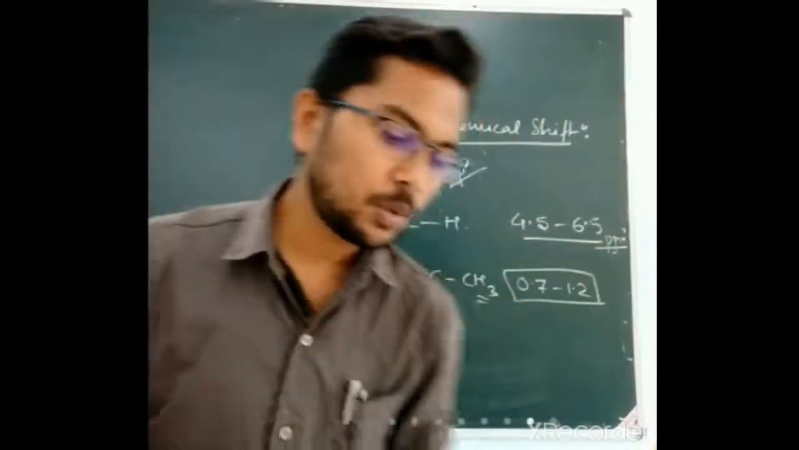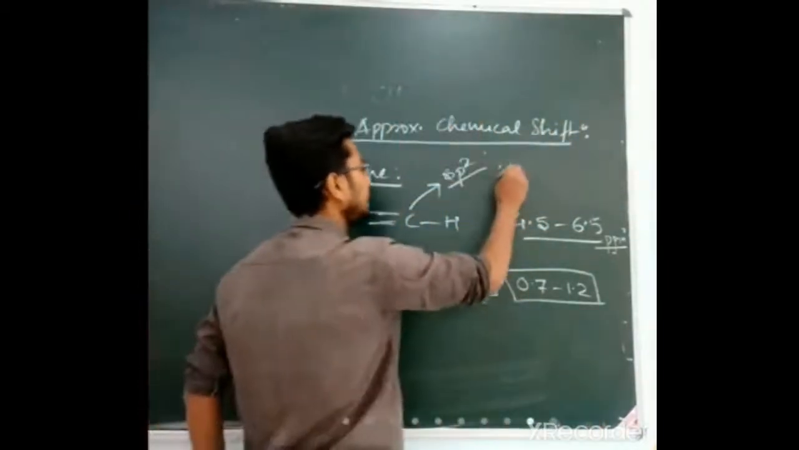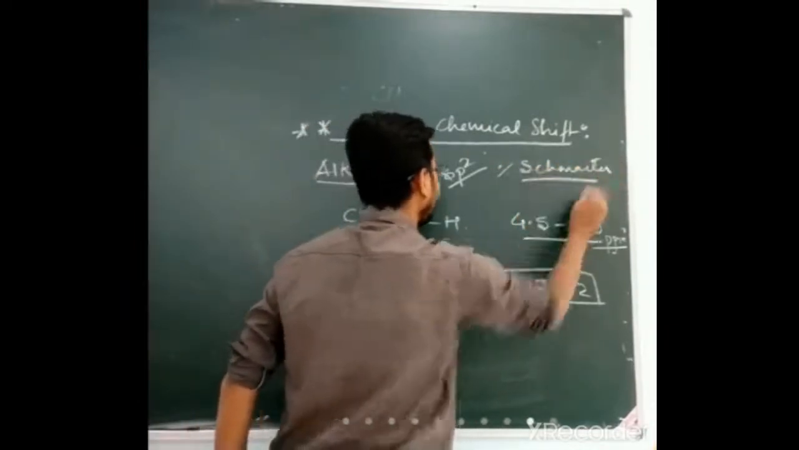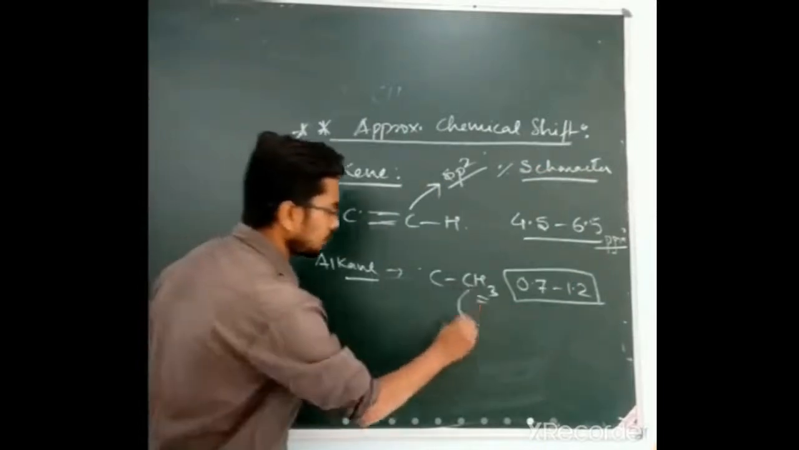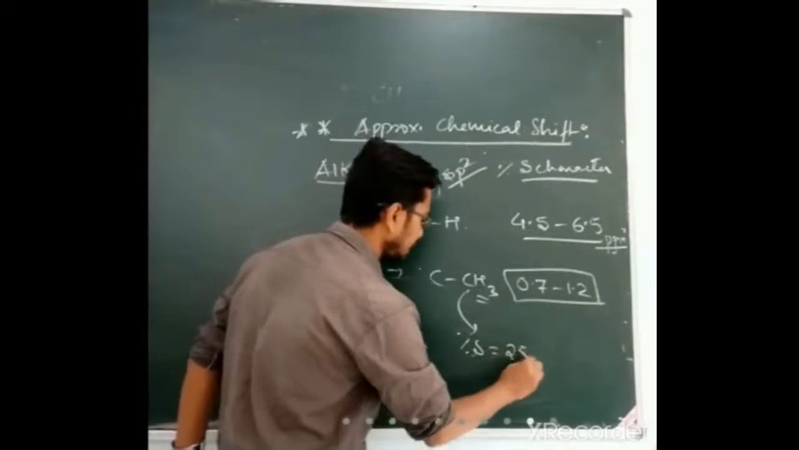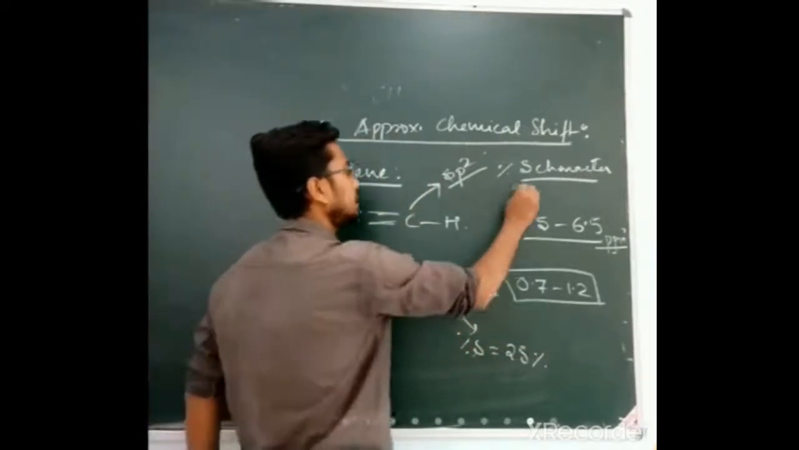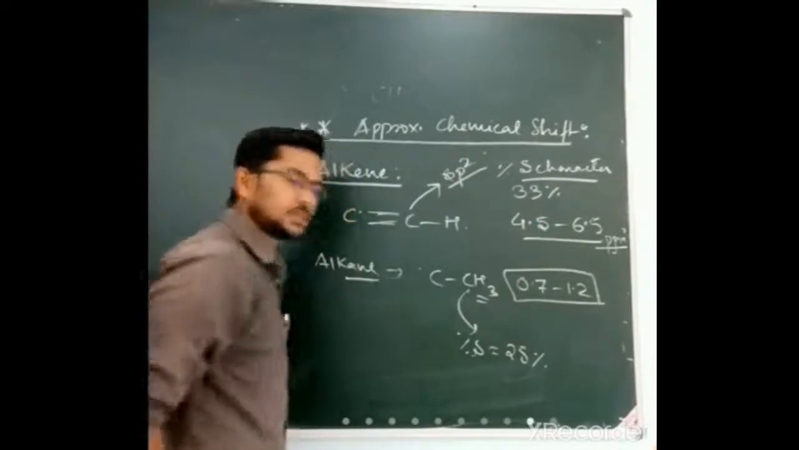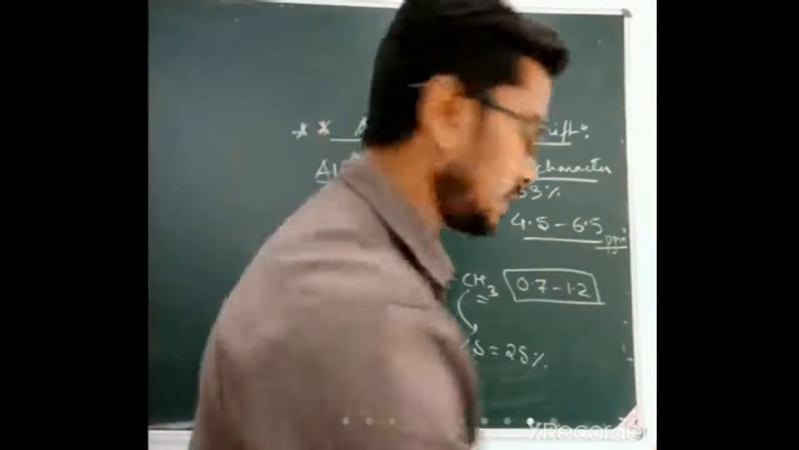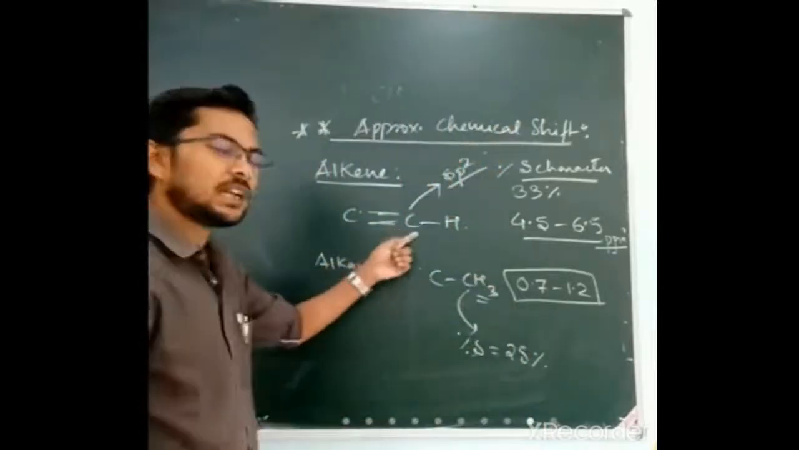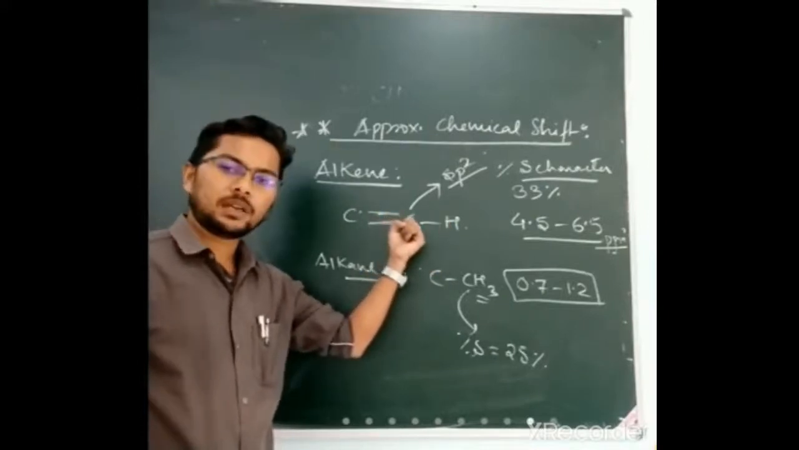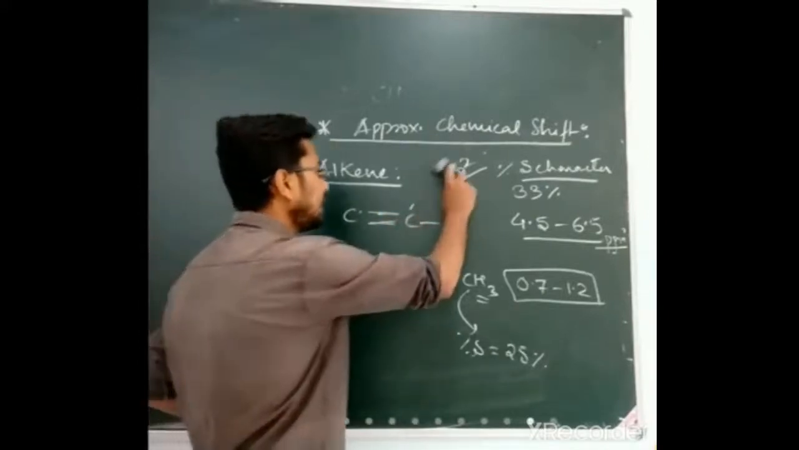Now since it is sp2 hybridized, we know the percentage of S character. Here in case of sp3 the percentage of S character is 25%, and here it is 33%. So as the S character increases, electronegativity of the particular atom increases. So because of this, one factor is the electronegativity of the particular carbon atom which is joined. So now this will pull the electron, and secondly